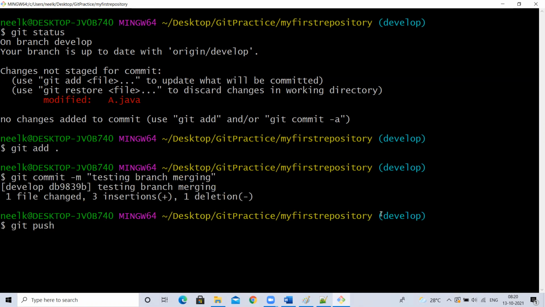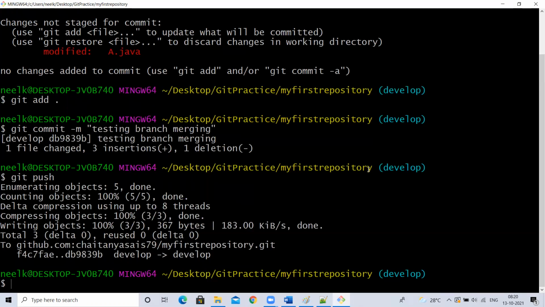Why? Because actually when there are multiple branches, see, earlier we had only the main branch in this GitHub repository, but later we created so many branches, right? So while pushing, you have to give git push origin develop. But if you don't give this origin, what does origin mean? Repository URL. By default, if I type git remote -v, origin equals that repository URL, it will show. And the branch is the current connected branch. If you don't give the branch name here, it will take that current connected branch.